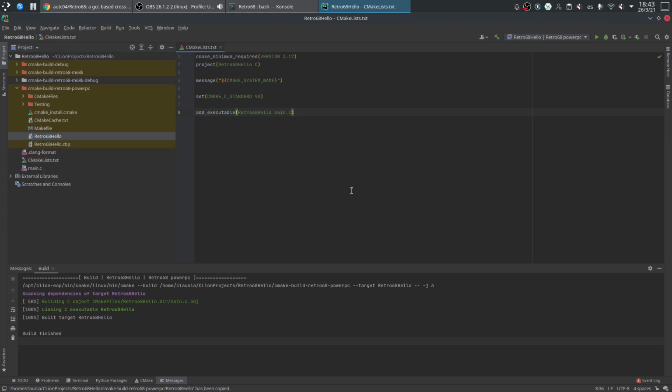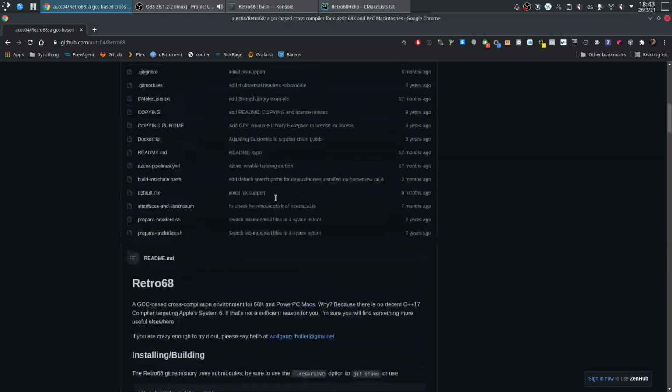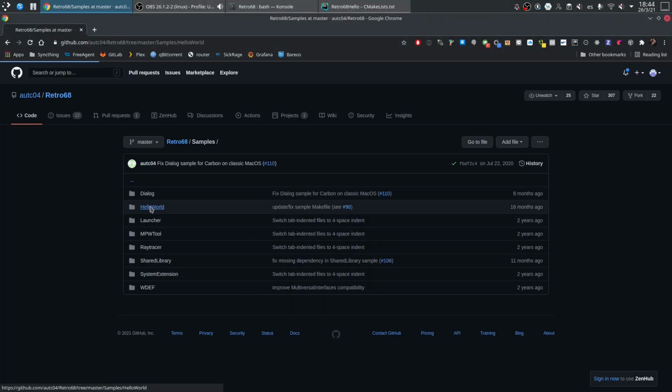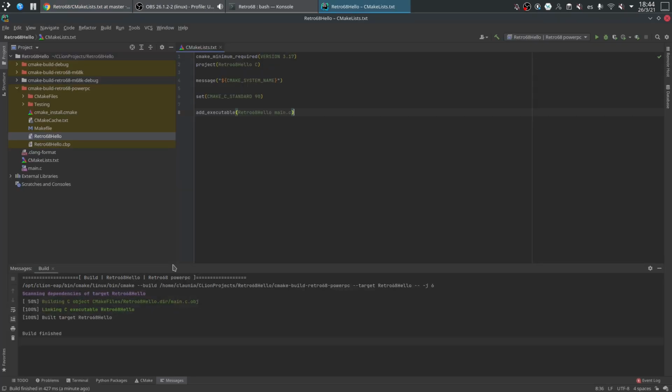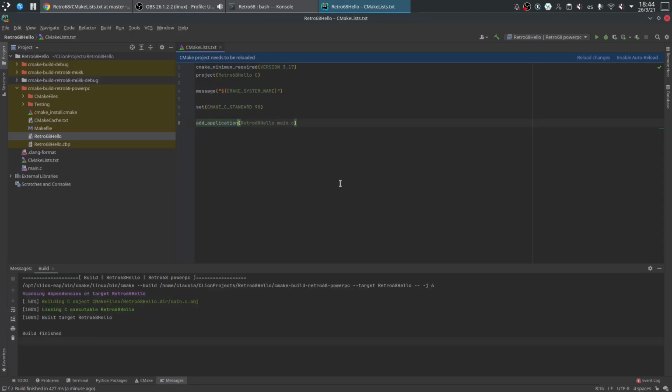There is also a new option added to CMake that you can see if we come here and look at the examples that are already in your toolchain folder anyway. And we look at the samples here, on the hello world. We can see on the CMake that they have not only done this add_executable, but they have used add_application, because this is a macro that will ensure it creates the proper format. So I'm just going to put here add_application, and I'm also going to add the console library as in the example. Now I'm going to run the change.